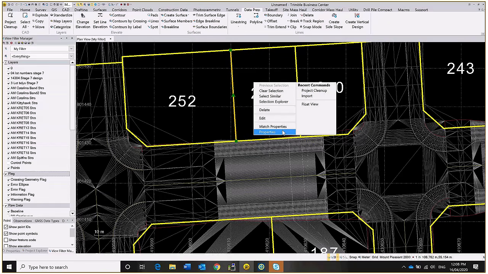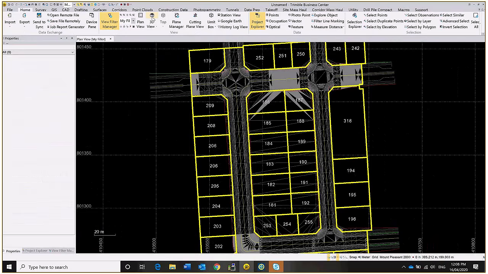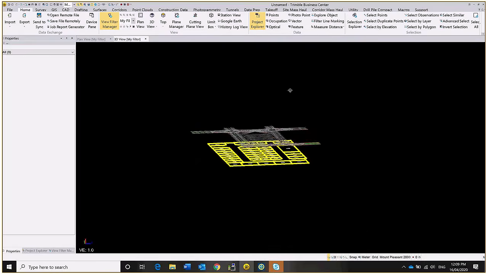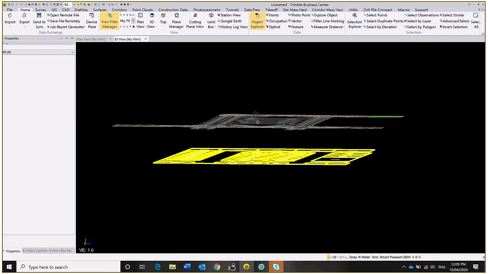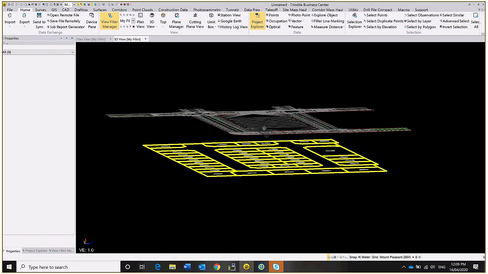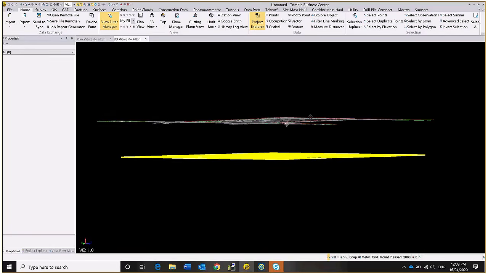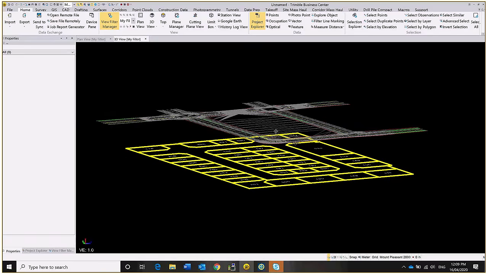And then with our middle mouse we can move it around to have a look at what's going on. This is really good to see if there's any spikes, any unusual things happening with your surface or design, or even your line work. And you can have a look to see what's going on. It does look quite flat, so you can't really see the elevation change in the road and everything that is